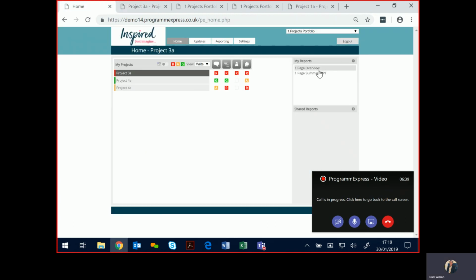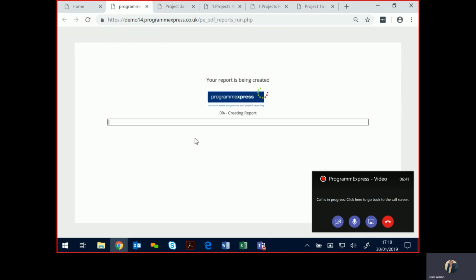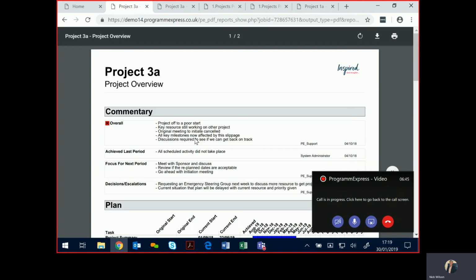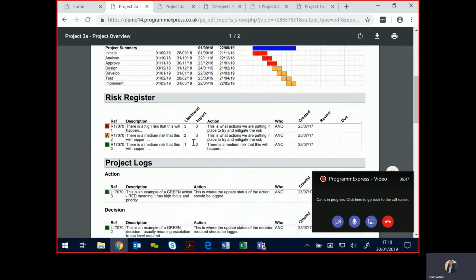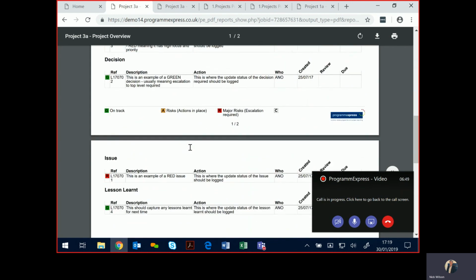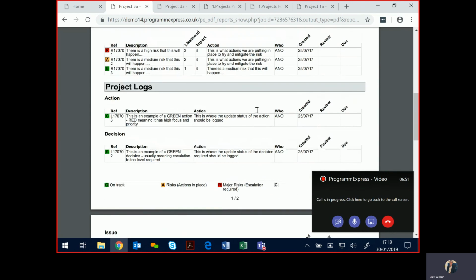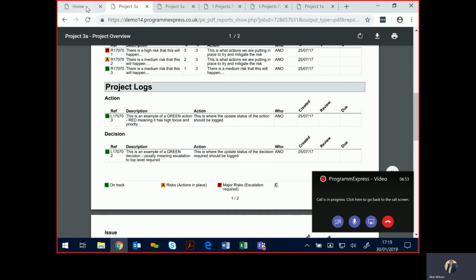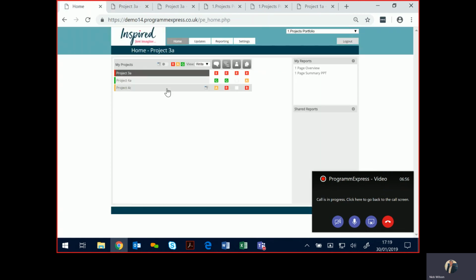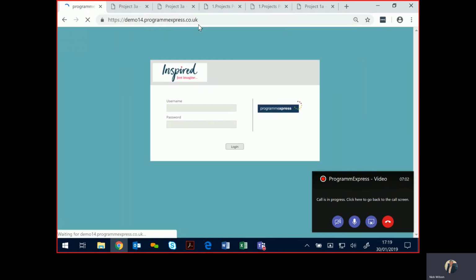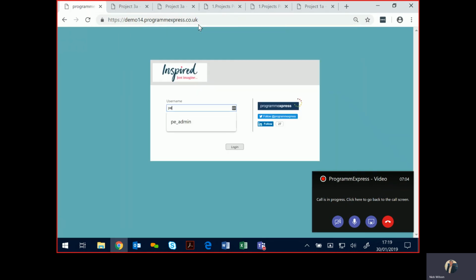They could run a one-page overview to have a look in more detail. This is more of a Word-style highlight report, which gives a lot more information: commentary, plan, risks, actions, decisions, issues, logs, something they might work with their project team. So those are examples of the project report. So very simply, those updates have been made, and the administrator, if we log back in,